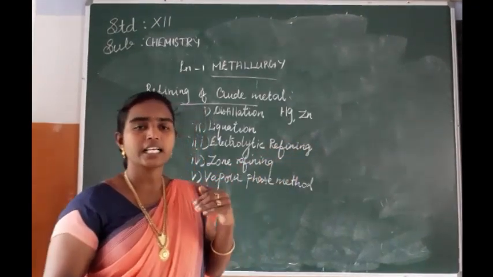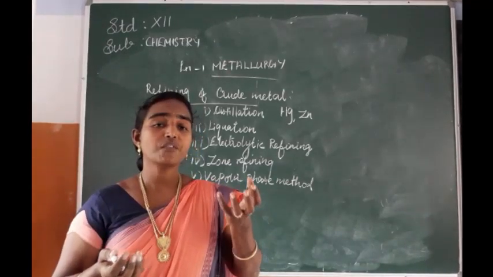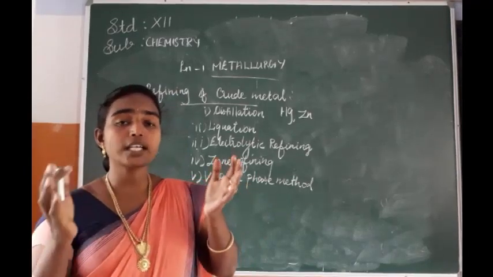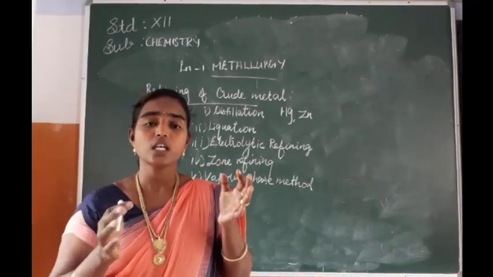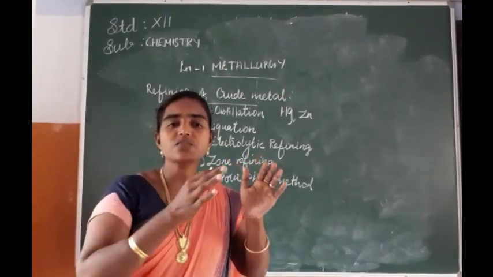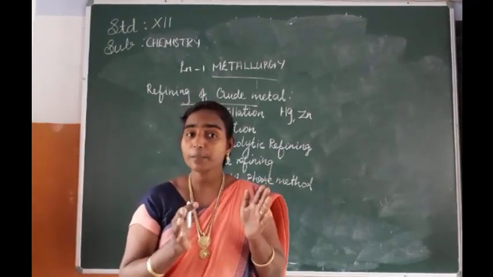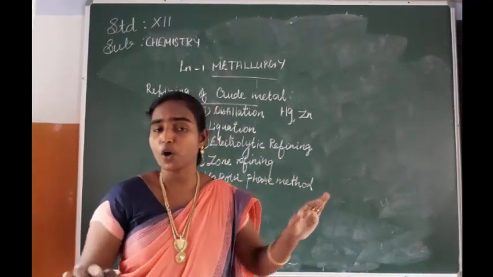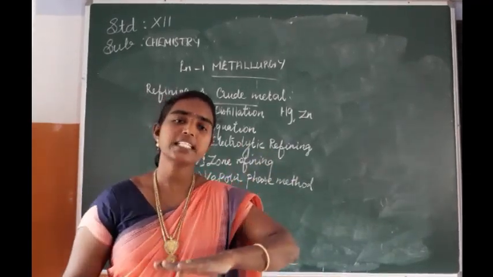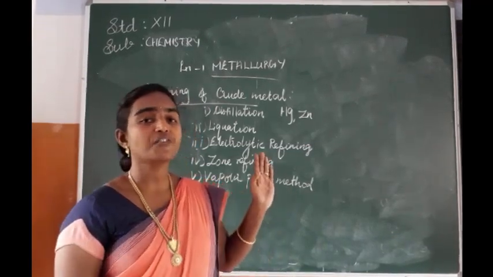It should be taken and it should be heated to evaporate. Okay. So we know the boiling point. So when it is started to heat, at a particular temperature it started to boil, isn't it? When it started to boil, it will become a vapor, isn't it? So this vapor should be condensed to get a pure metal. But at that particular temperature, the impurities will not boil, isn't it? So the impurities will be left behind in that particular container. So this is the shortest method of refining of a crude metal.